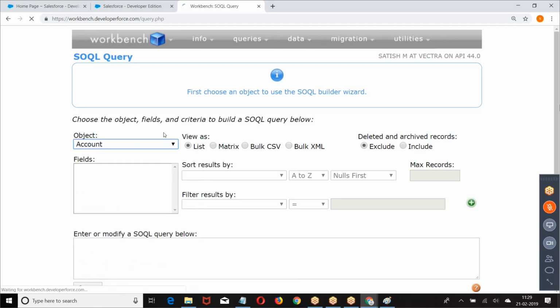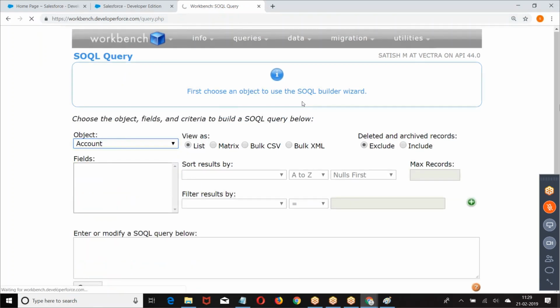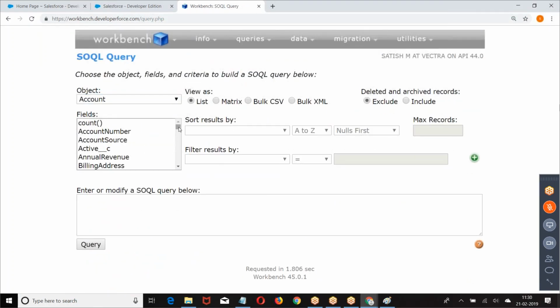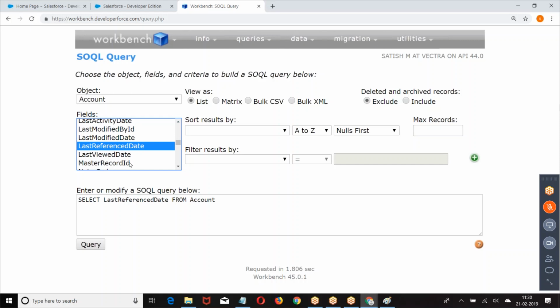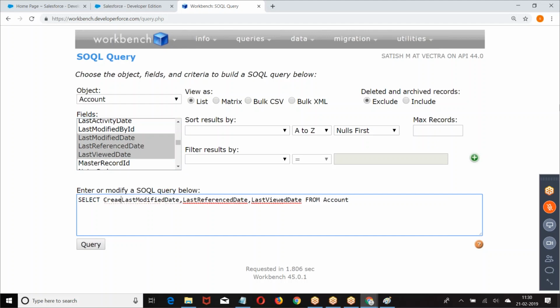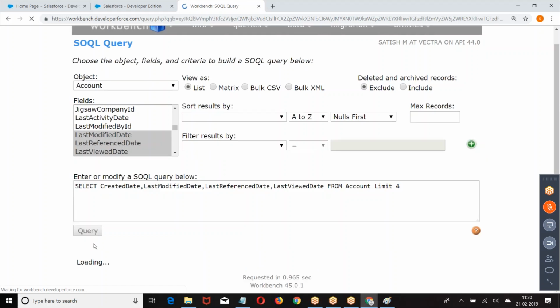Now I was selecting account. I'm writing a query.